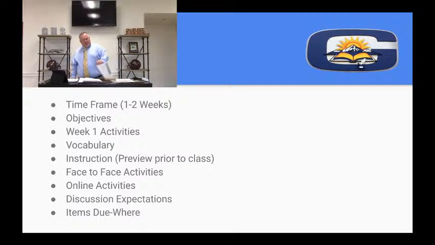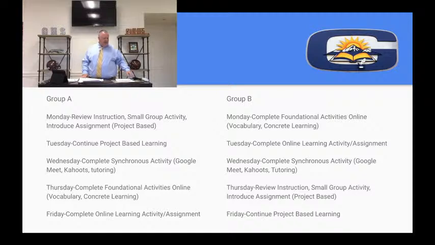So I did provide a model. I know that the governor has us shut down for a month from as far as coming to school, but I did provide what a typical week would look like, or a planning guide for a week, where we have our group A and what they do Monday, Tuesday, and then they would shift over. Group B would come in Thursday and Friday, and you would see a mirror type of planning for those two. And really what you're mirroring is the synchronous sessions.